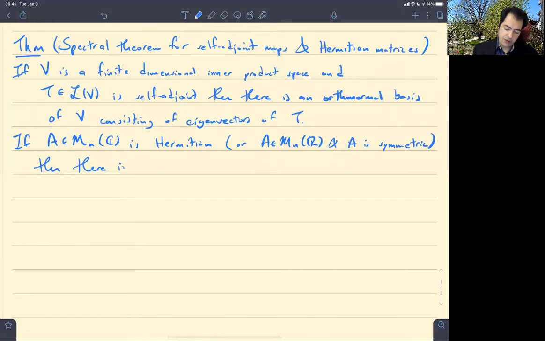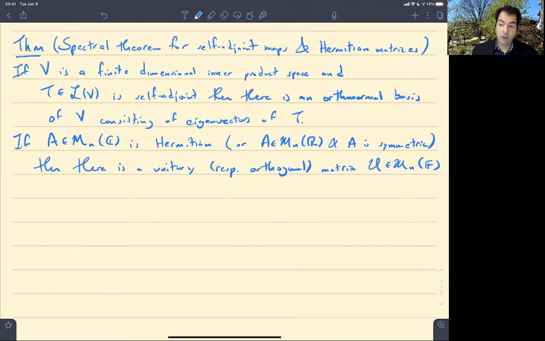Then there is a unitary, respectively orthogonal, matrix U, same size, n by n, coefficients of whatever field we're working in,